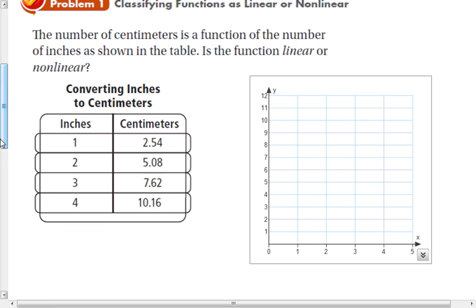So this first one says, we want to just classify this function as linear or nonlinear. It says the number of centimeters is a function of the number of inches as shown in the table. Is the function linear or nonlinear? So to figure out if it's linear, one way we can do it is just by graphing it, and then look and see if it looks like the dots line up. So at 1 inch, we're going to put a dot at 2.54, which is about there. At 2 inches, we're going to put it at 5.08, then 7.62, then 10.16,